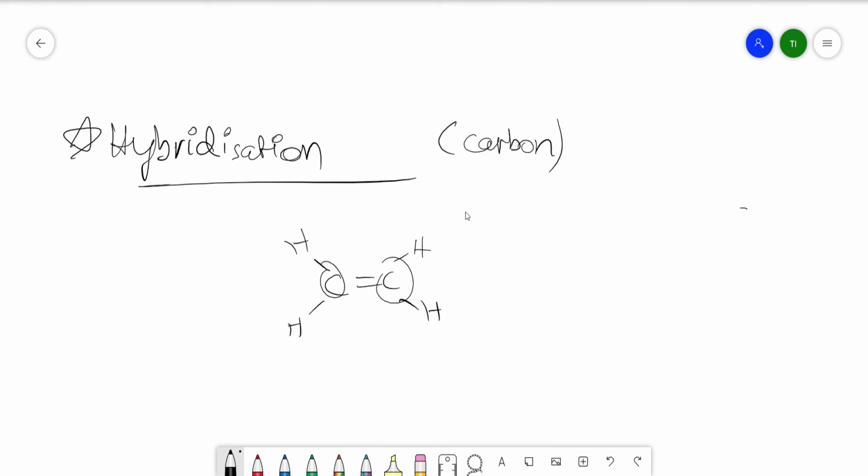So what is the hybridization of these two carbon atoms? Now let's see it individually. How many lone pairs are on this carbon atom? Well, a carbon has 4 valence electrons, right? So it shares 1 electron here, 1 electron here, and it shares 2 electrons in the double bond. So all of its lone pairs are gone. So the steric number is 0 plus